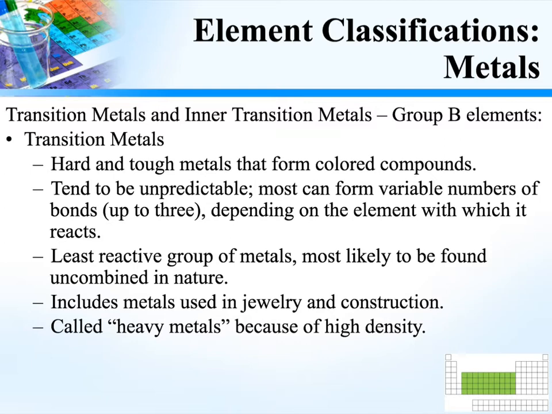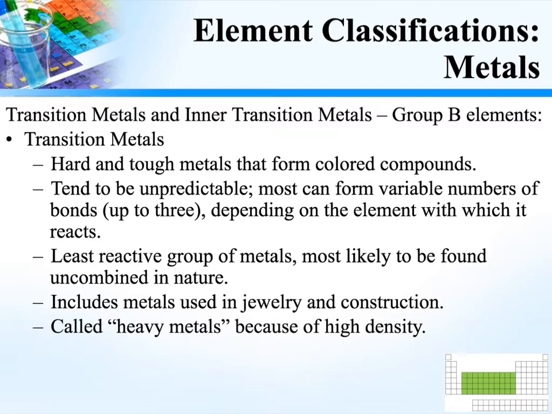In the last set of notes, we talked about the Group B elements, the transition elements. They consist of the transition metals and then the inner transition metals. The transition metals are hard and tough metals, and they form colored compounds. They tend to be pretty unpredictable, and most of them can form variable numbers of bonds, up to a maximum of 3. And that depends on the element with which it's going to react, or whom it's going to bond